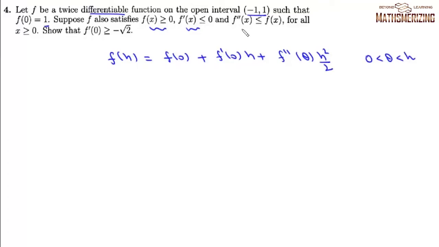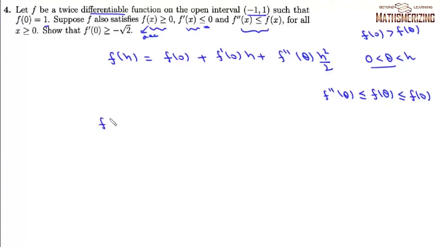Now since f''(x) is less than or equal to f(x), we can write f''(θ) will be less than or equal to f(θ). Now since f'(x) is less than or equal to 0, it simply means f(x) is a decreasing function. And if f(x) is decreasing, then f(0) will be greater than f(θ). So f(θ) will be less than or equal to